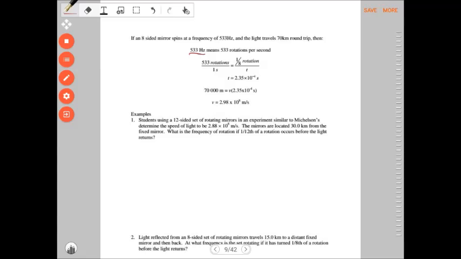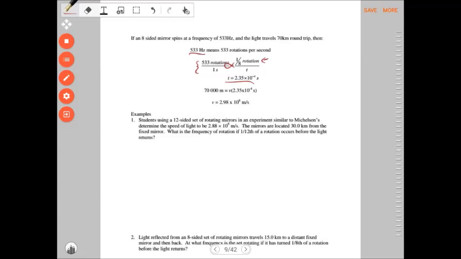So we just set up a ratio, 533 rotations in 1 second. So that's that side. And then we have 1/8 of a rotation, right? 8-sided mirror, unless we're otherwise told, it only goes one face, so 1/8 of a rotation in t amount of time. And we simply cross multiply and divide to get a time of 2.35 times 10 to the negative 4